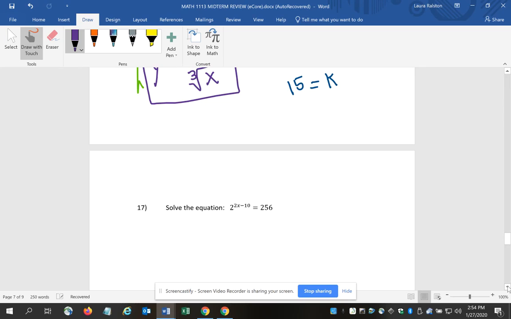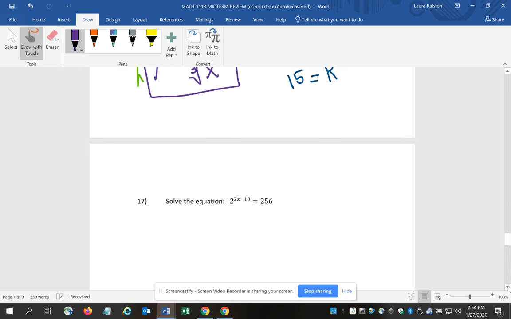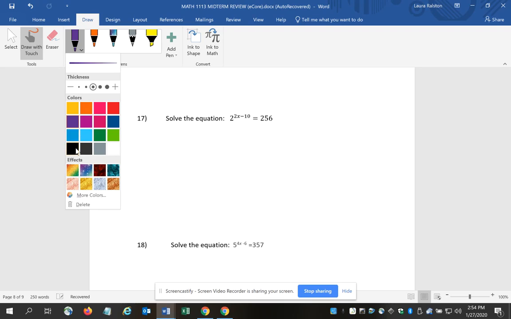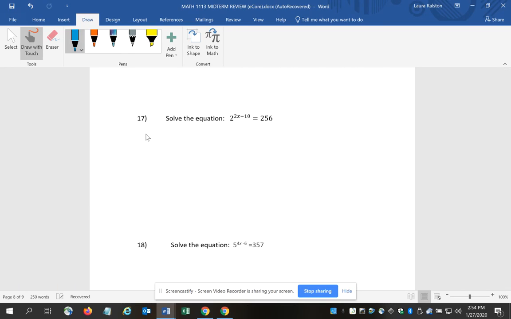All right, question 17. I'm going to try to finish up this time. Question 17 is an exponential equation. There are various ways for solving an exponential equation. To me, the easiest way to do it is to remember that a logarithm and an exponential are inverses of each other as long as they have the same base. So for this particular problem, what I would need to do